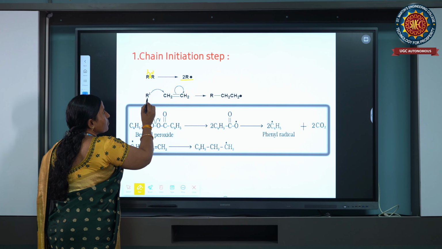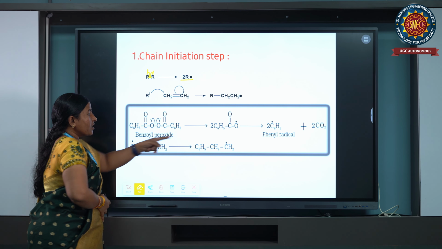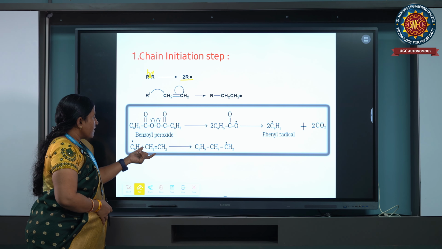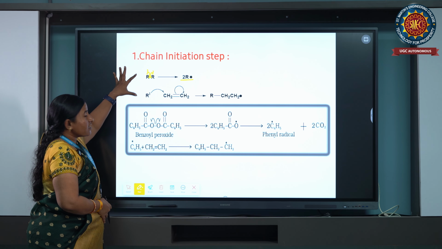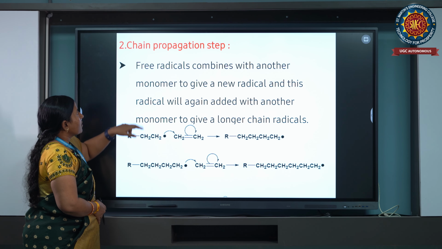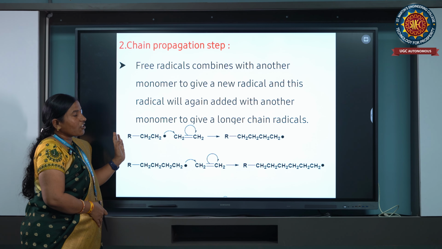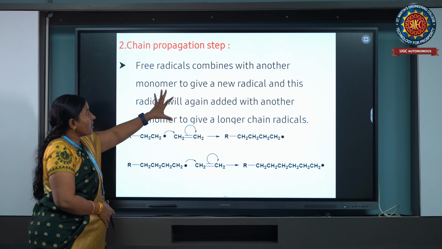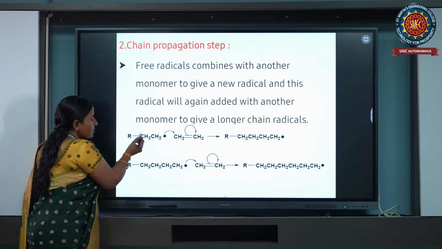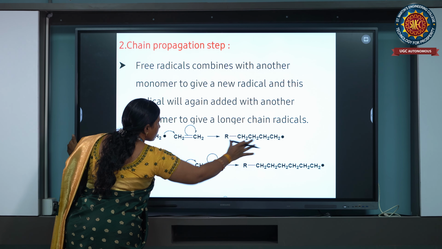Now this 2R combines with a monomer and forms a radical. At the end you get the phenyl. This is the general reaction. Second is chain propagation, where free radicals combine with different monomers. They combine, and whatever product you got combines further and forms a long chain